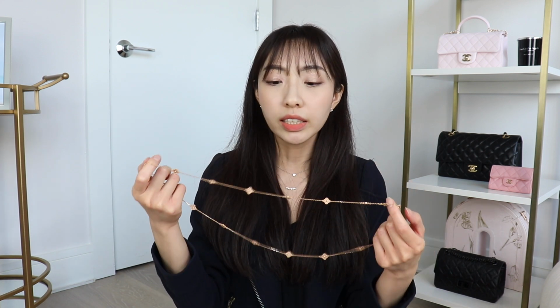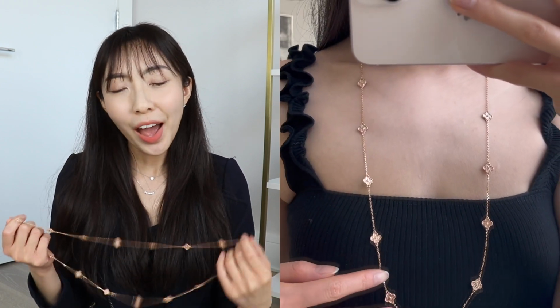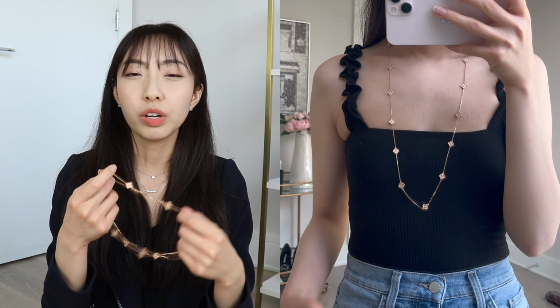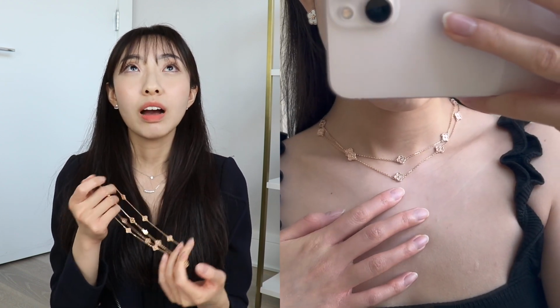And the only thing I think I said in that video that was sort of a con about this necklace is I didn't find myself wearing it much as a long necklace. I did say though that I would make an effort to wear it long when it got a little bit colder and I could just throw this on over my sweaters. And although I have been doing that, I gotta say I still like this necklace more doubled up as more of a choker length. And I really love this necklace because